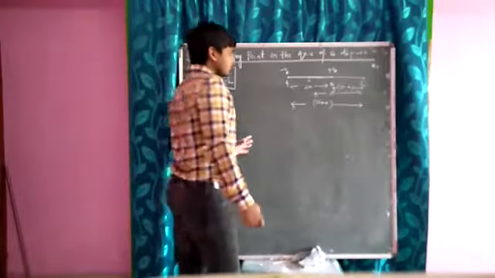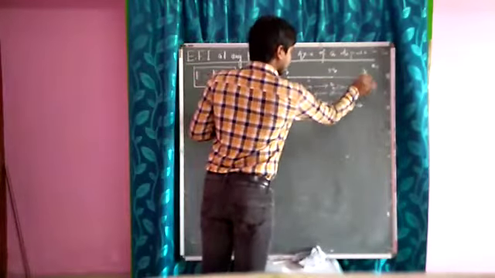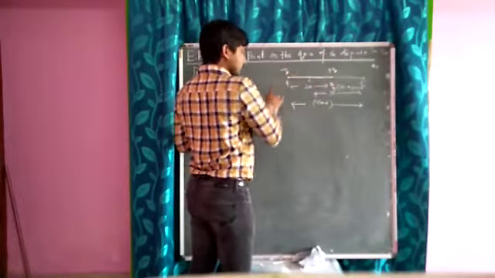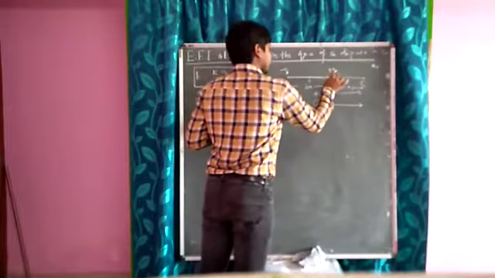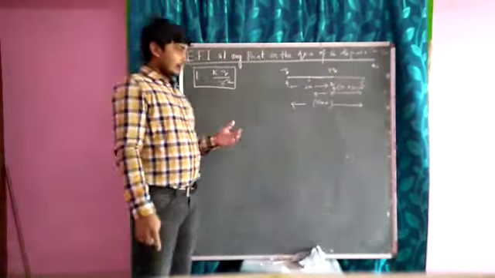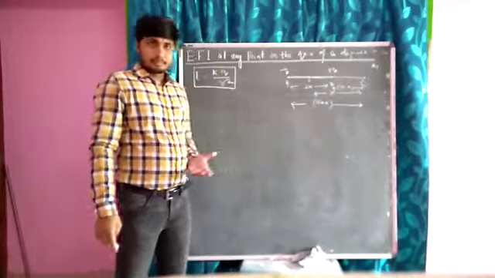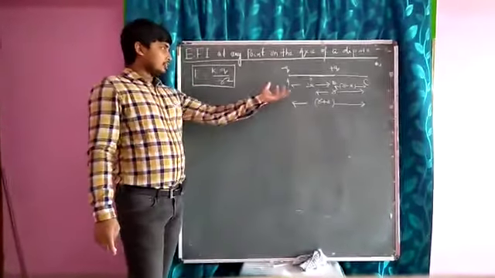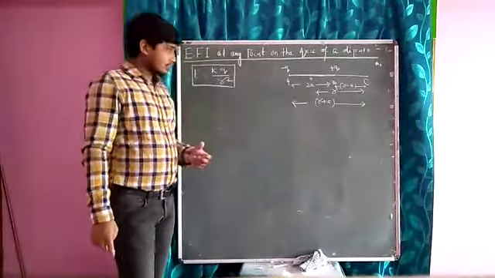So now what we have to do? We have to find out the electric field intensity at the point C due to minus q charge and again due to plus q charge. Separately we will calculate, and we have to add them by vector method, and you will get the net electric field intensity at the point C. So first I will write what will be the electric field intensity at the point C due to minus q charge. I will name it as E